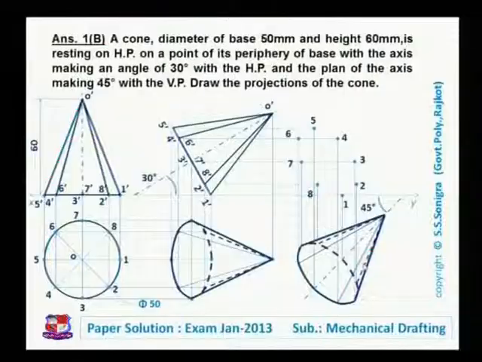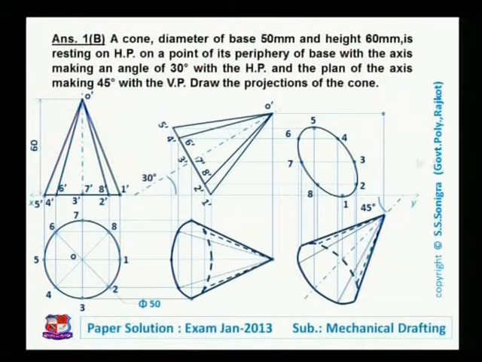Now in this drawing we can see that if we look from this side, this circular face would be fully visible. Hence we should join all these points with a smooth curve with full line. Find out position of apex point by drawing vertical lines from this point and horizontal line from O. This is position of apex point. Join all these points with a smooth curve like this. All these points are there. Join with a smooth curve and all these points would be fully visible because this circular base is visible to us.